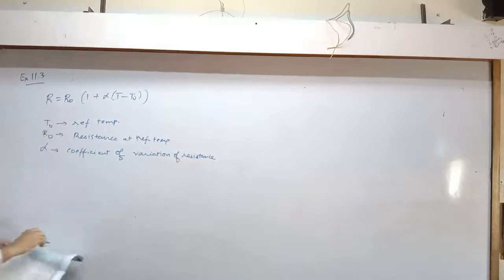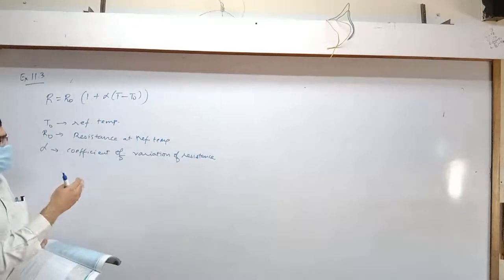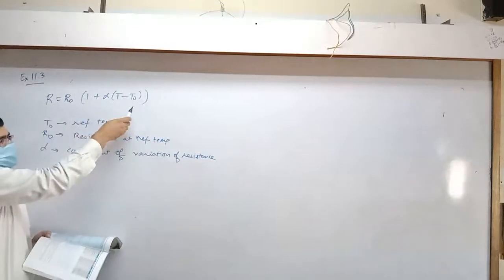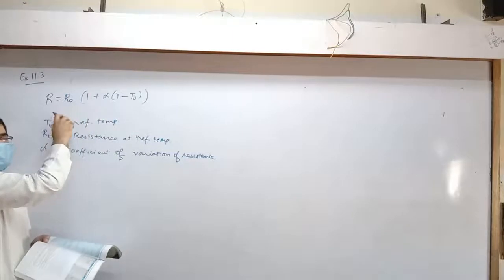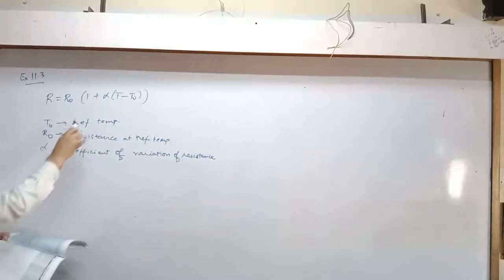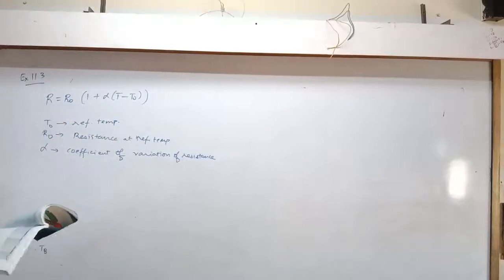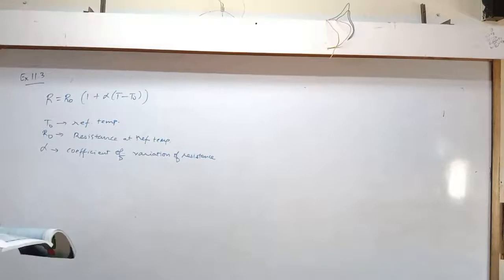Okay, coefficient of variation of resistance means coefficient of change in resistance, because as temperature changes the resistance will also change. That's what this formula is telling you. For a different value of T, you get a different value of R. Okay. So the resistance is